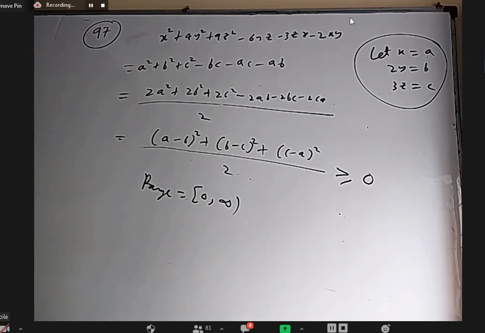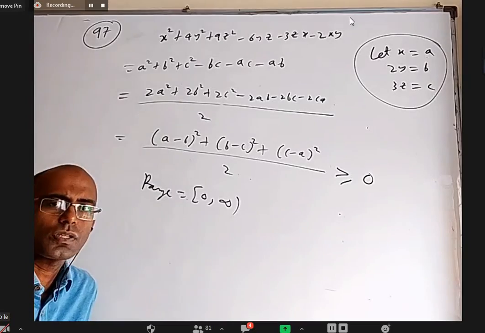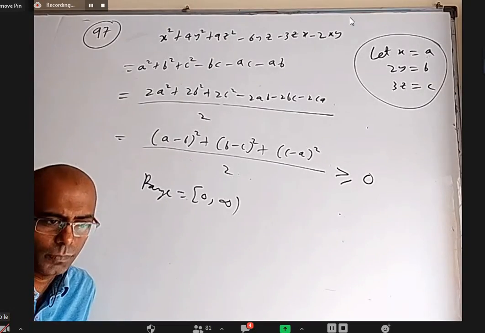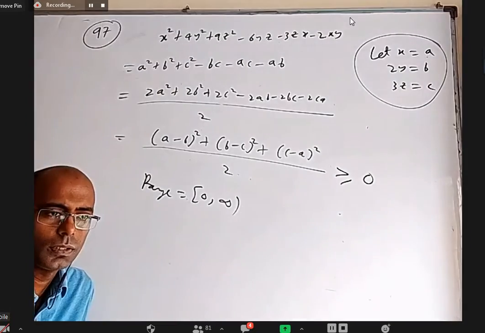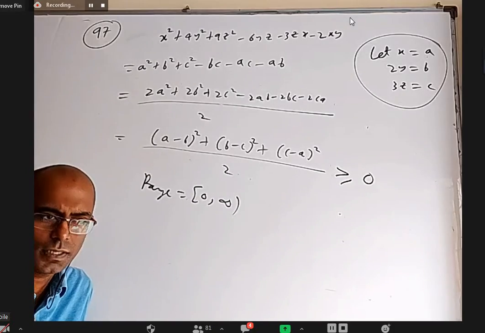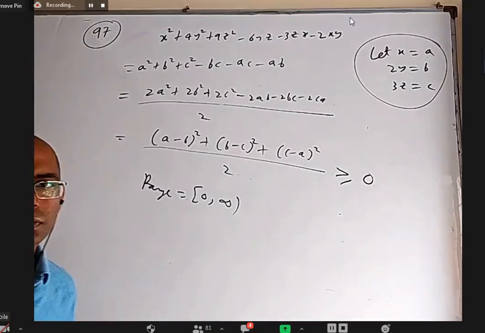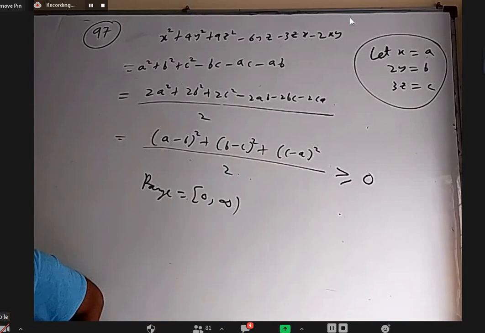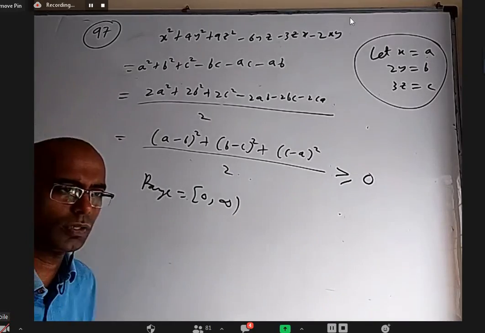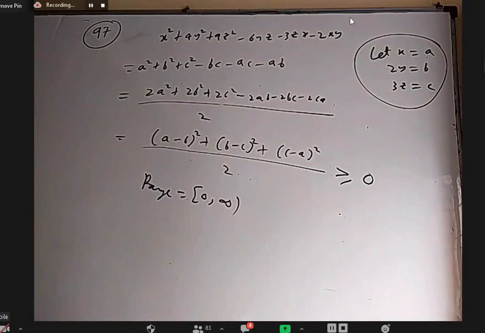So in IP last exercise, domain questions are there. There are also some questions to find range. There are also some questions to find domain and range both. Okay, you can try those questions. Functions chapter IP last exercise, finding range or finding domain and range both. Those questions you can try. Tomorrow I'm going to start with the definition of function and all the basic definitions and theory that has to be taught for this chapter.